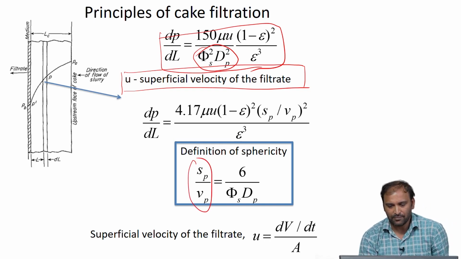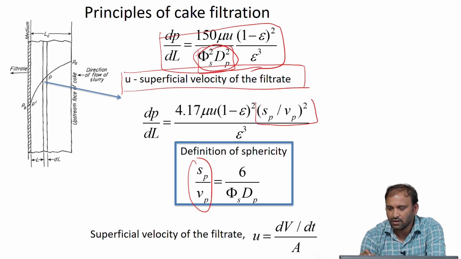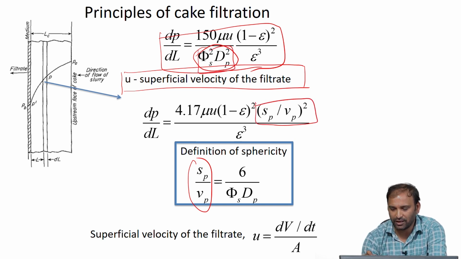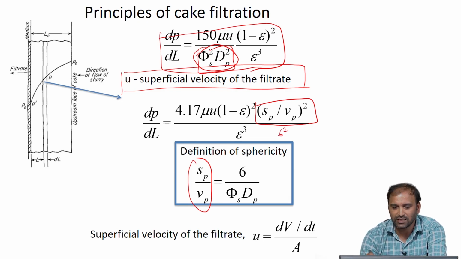If I do that, I can replace phi s square dp square as (Sp by Vp) whole square divided by 6 square. So 6 square is 36, and therefore 150 divided by 36 leaves out